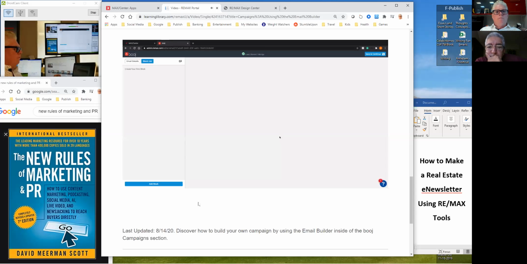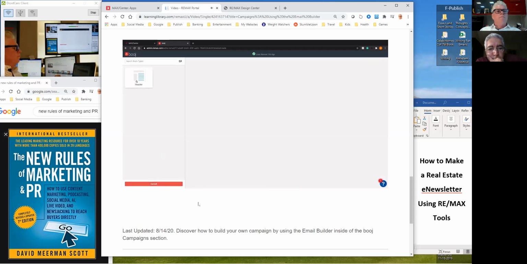Now, once you've opened the email builder, the first thing that you'll notice is it does look a lot like the website content management system, giving you the ability to create and edit your own custom content inside your email body. This blank white screen here on the right-hand side is the body of the email, and the left-hand side is going to be the content blocks that will allow you to create the information you want to share. We're going to start by hitting Add Block at the very bottom of the list,